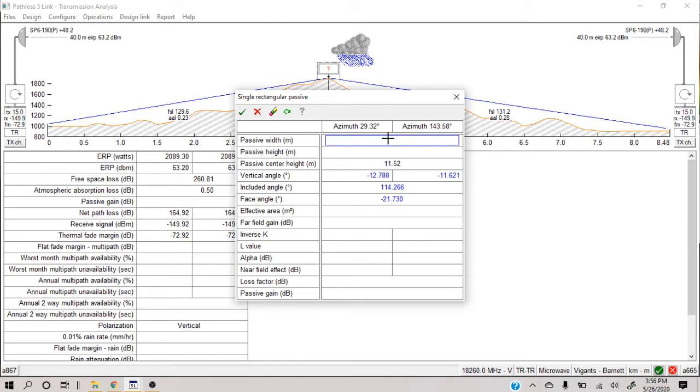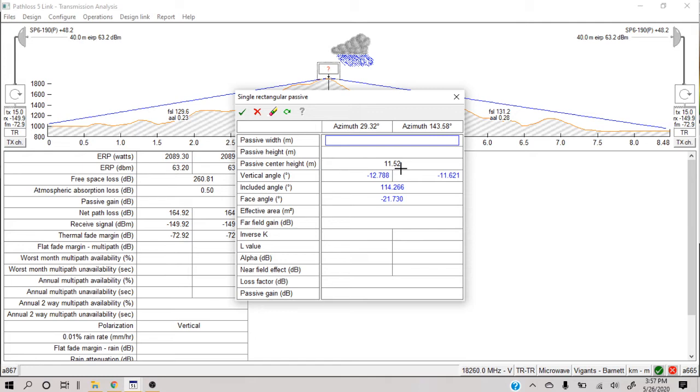The thing that I have to provide is the width and the height of the main reflector and its height from the ground. The height from the ground has already been taken from the tower heights, the antenna heights that we had proposed.